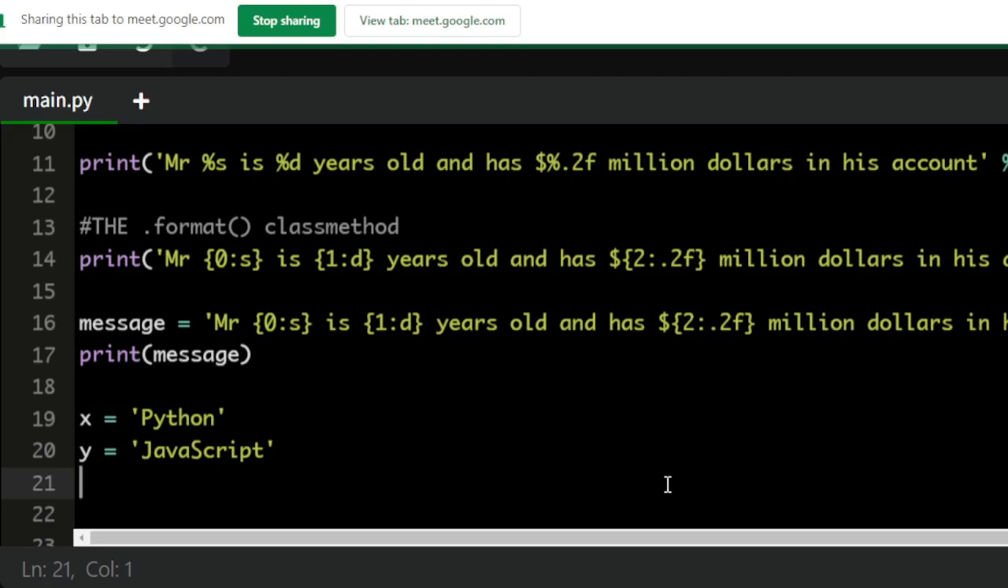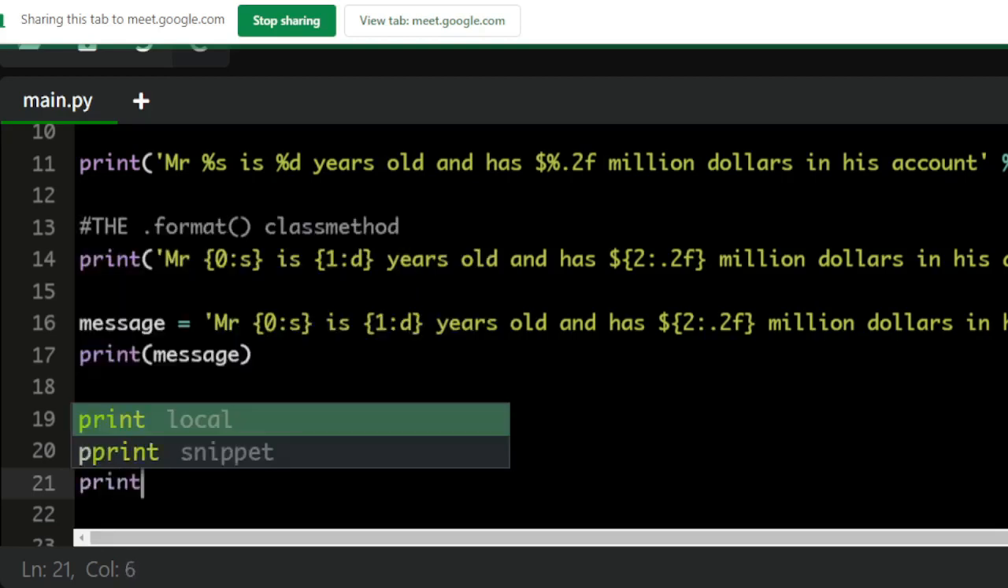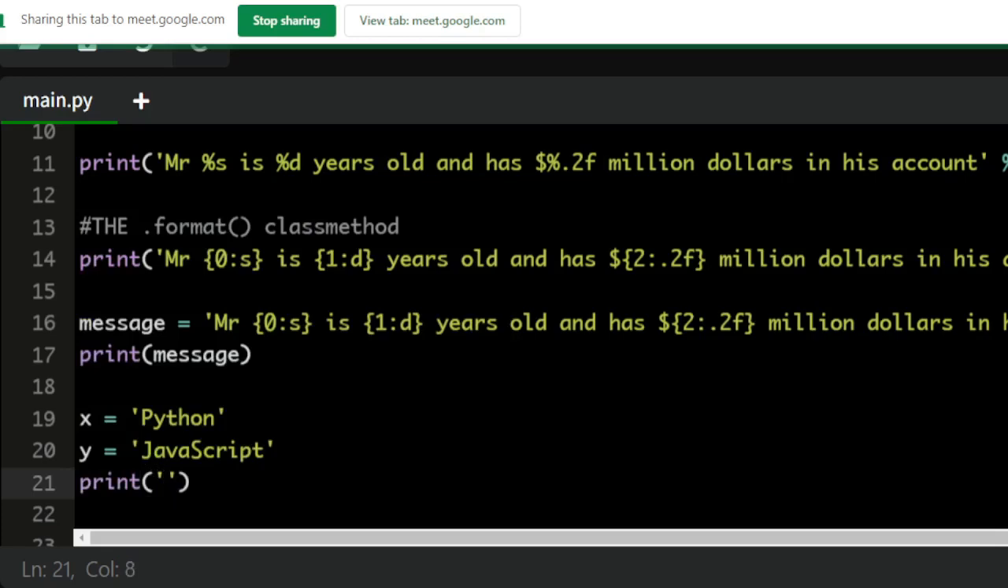Okay, so I may just put it like print, open the brackets, I put the quotes. I can say I love